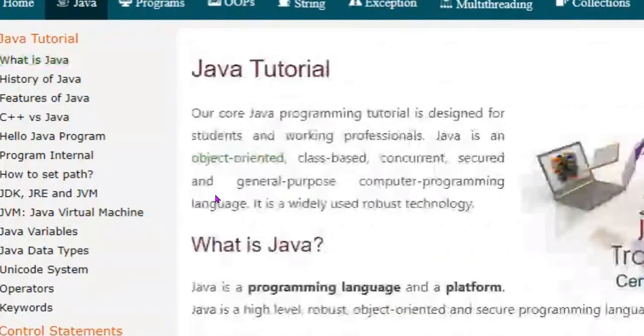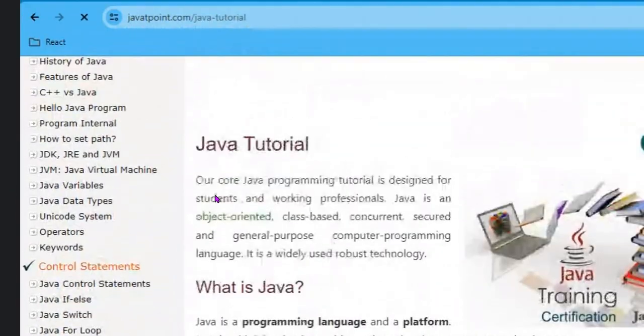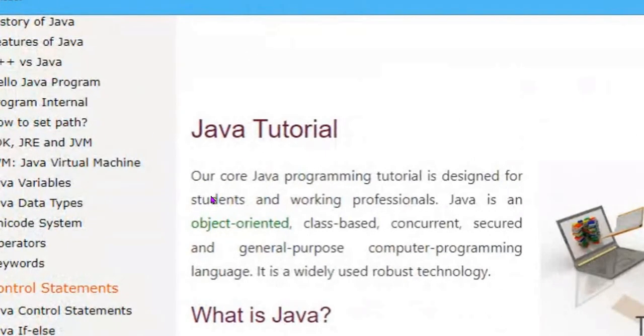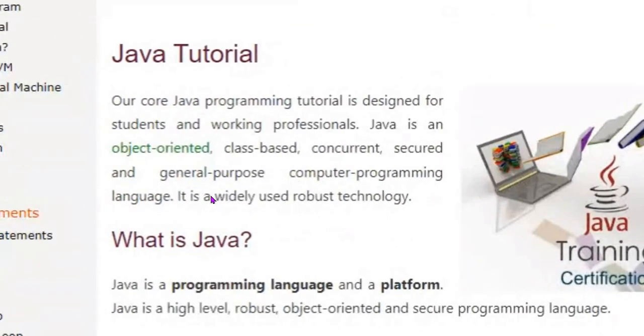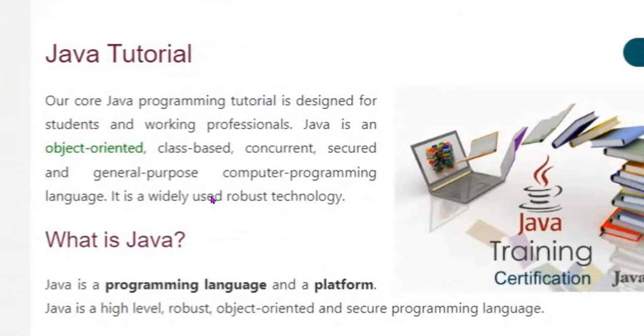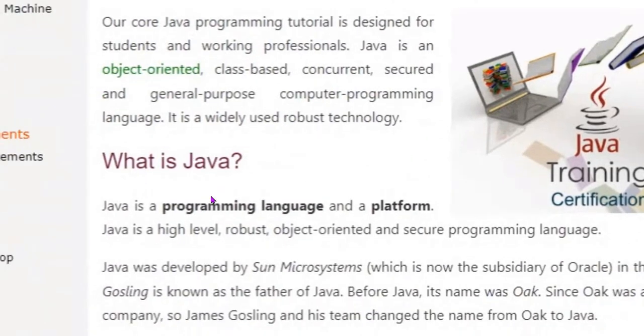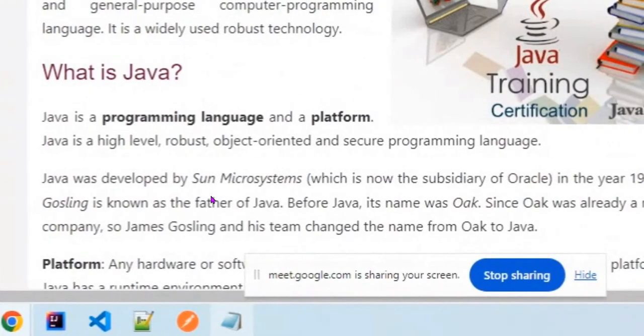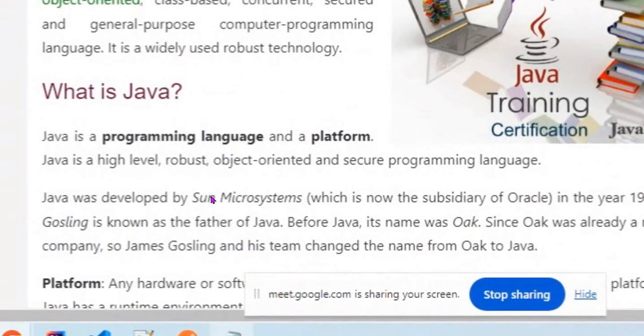You can refer to it and explain. Sure, sir. What I understood from this is Java is a high-level, robust, object-oriented, secured programming language. That is the definition of Java I got after studying this. Java is a programming language, and it is also a platform. We call it a platform because Java consists of the Java runtime environment and API.